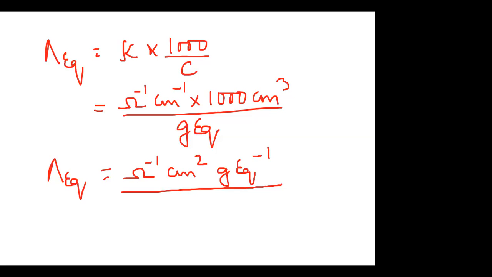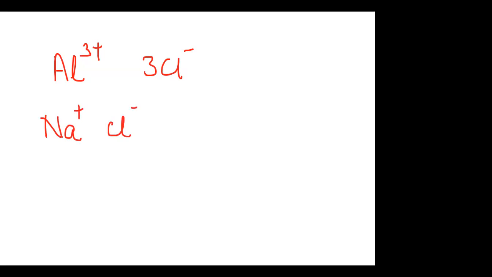Conductance will depend upon the concentration, the type of substance we are using, the temperature. Talking about a certain salt which is having an ion like aluminium, let us say it is aluminium chloride, so you have this and you have 3 Cl minus ions. And if you're talking about an electrolyte NaCl, you have Na plus and Cl minus ions. If I have to compare their conductivity,